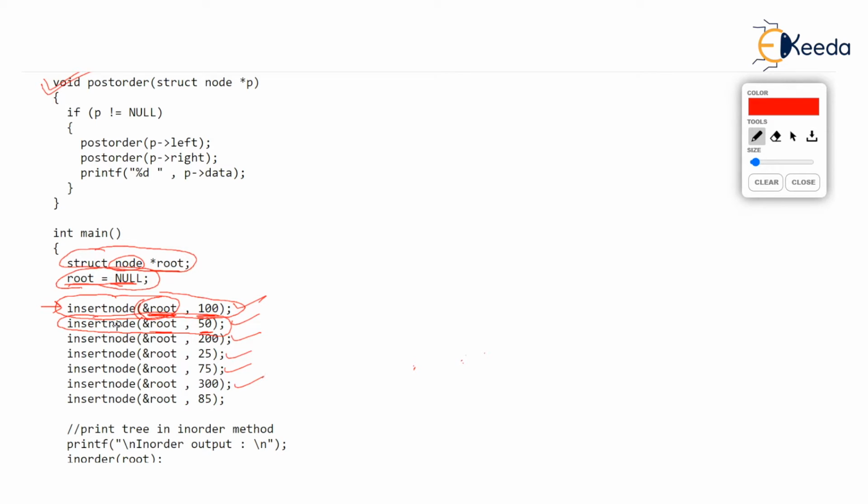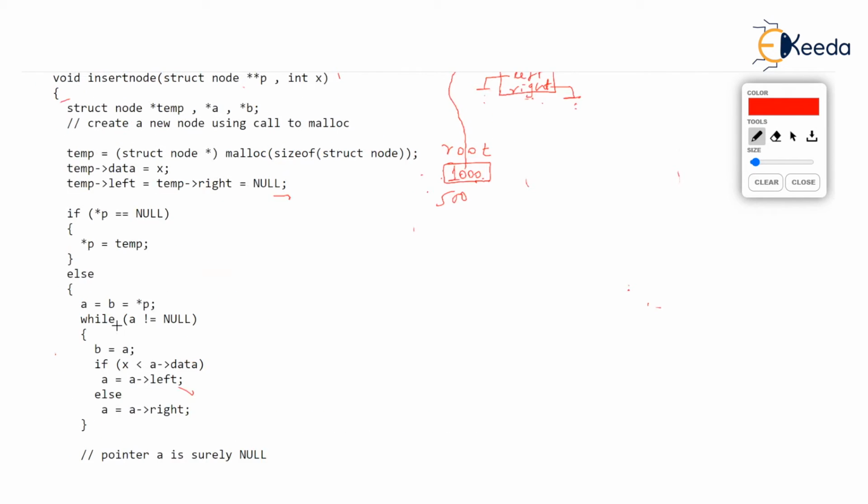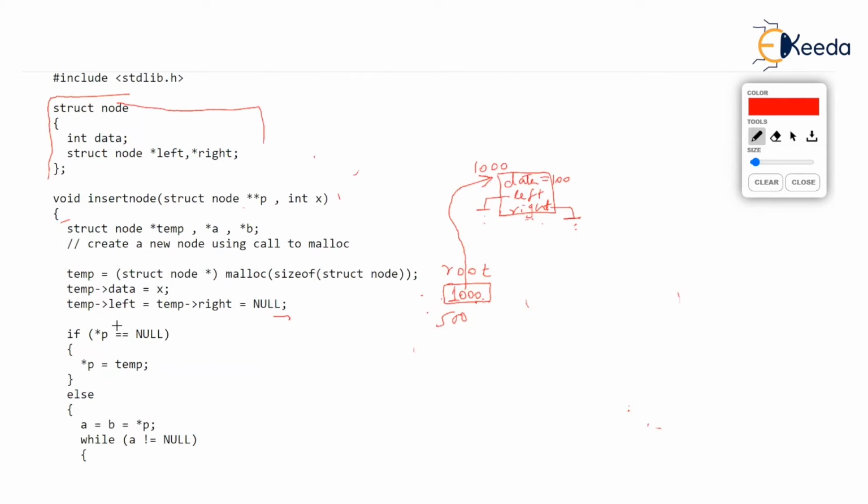Just assume. You will know how they are inserted, but just assume that so many values have been already inserted. And now we are calling insert node for inserting 85. We are passing the address of root and we are passing 85. So let's see how 85 will be inserted after so many insertions have been done.